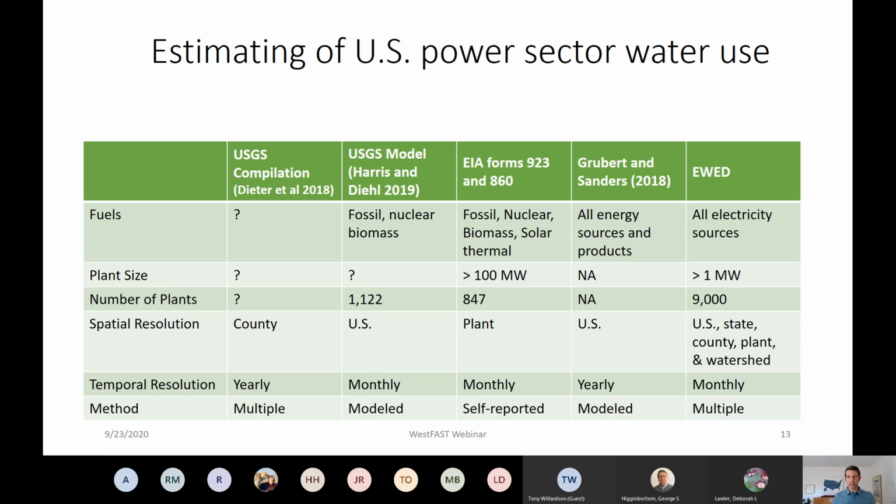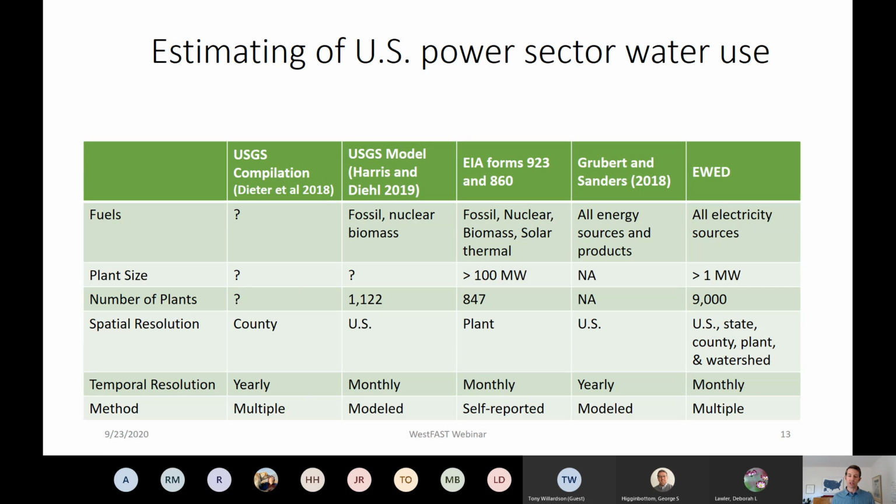And so we were able to capture in our data set approximately 9,000 power plants, and we're constantly adding more so that we can get a really good sense of how water is used across the electricity system. Because we use individual facilities, we are able to aggregate water use to various scales. So we aggregate to the national scale, the state scales, as these other facilities do. But we also are able to aggregate to the watershed scale, which I argue is critical for understanding water balances